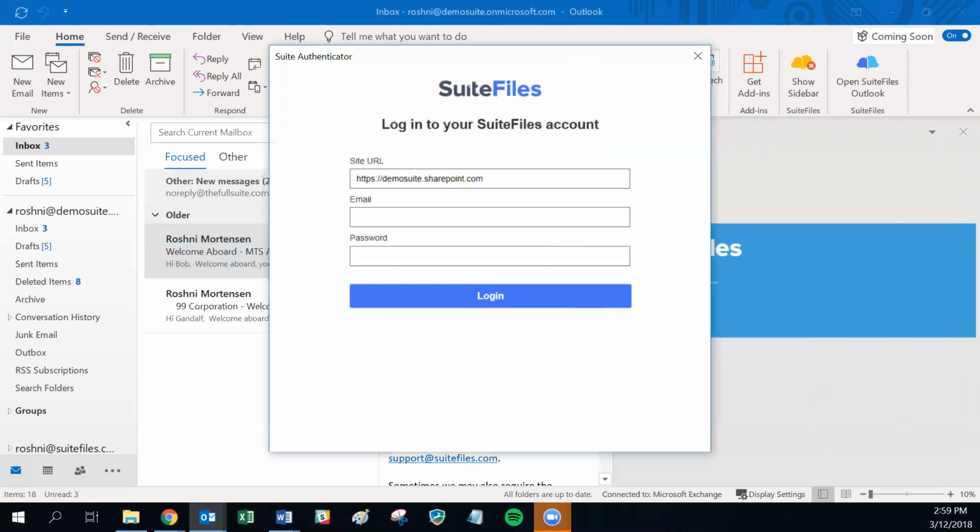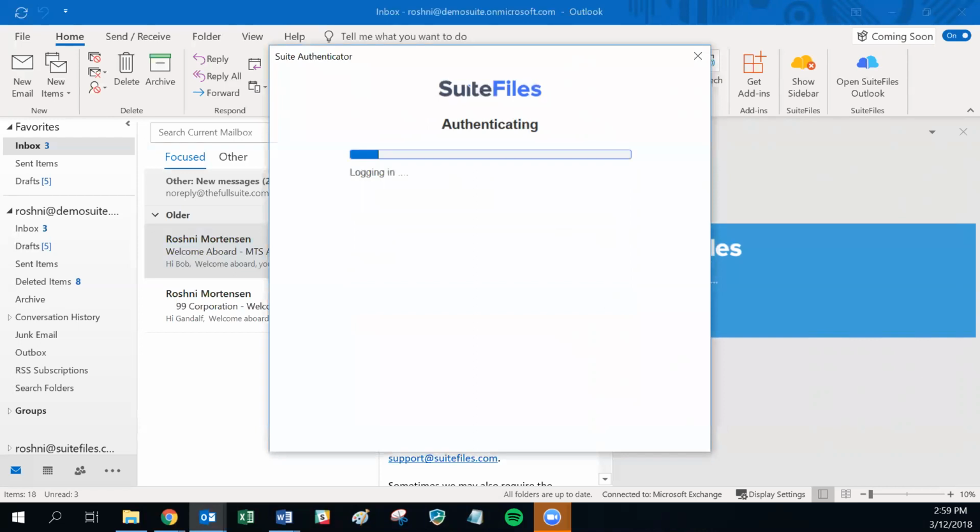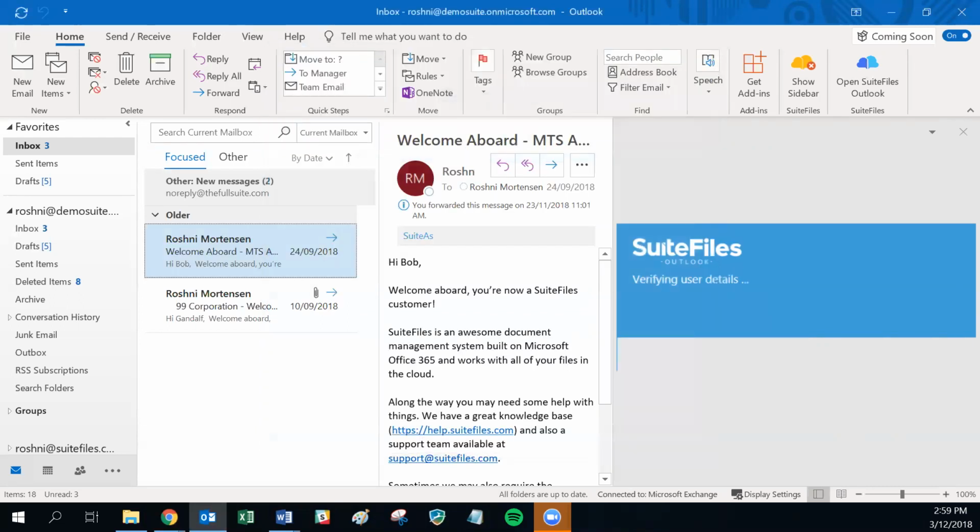And then you want to enter in your Office 365 email address and Office 365 password. Then it will just authenticate away and log in for you. And then once it's logged in,